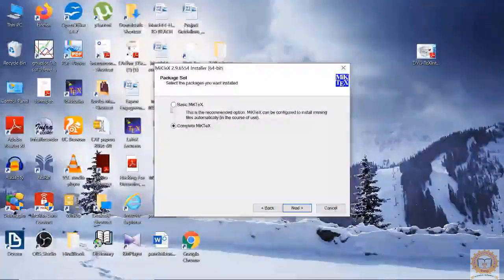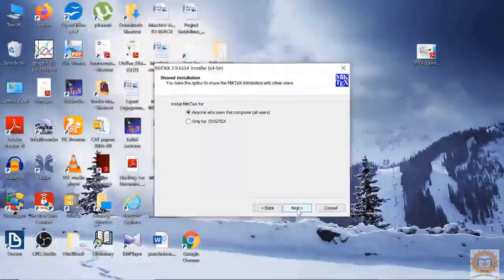So I choose the basic MiKTeX system so that I can also show you how to install the packages which were not installed during the MiKTeX installation. If you install complete MiKTeX, there is no need to install further packages. All the packages which are available in the ProTeXt CD will be installed to your system.